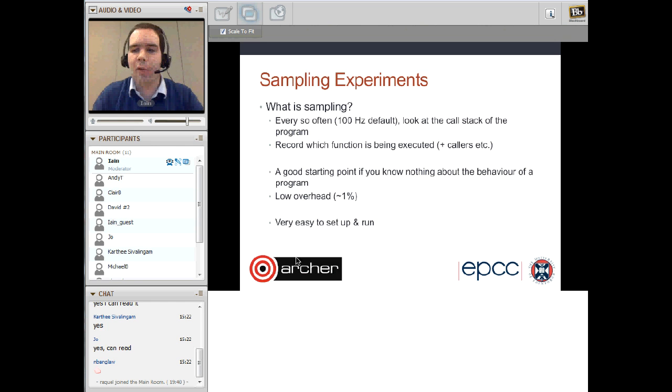So the next level on the hierarchy of complexity and power in CrayPAT is doing sampling experiments. I already hinted at this with PerfTools Lite. Actually, that's what PerfTools Lite is doing under the hood. It's doing a sort of limited form of sampling. What do we mean by sampling? What it means is when your program runs, every so often, at a defined frequency, which by default is 100 times per second,